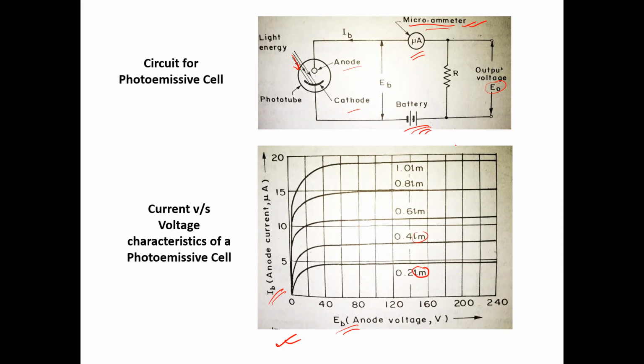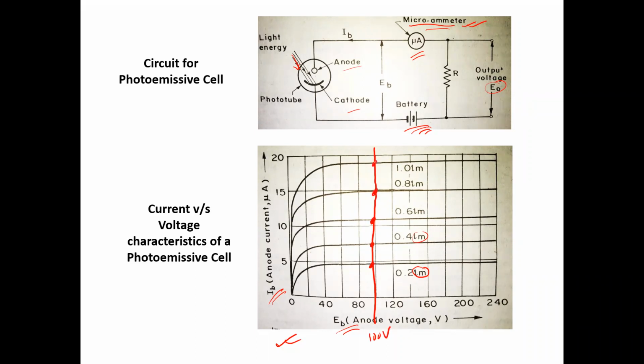So for a particular fixed amount of voltage or constant voltage, suppose I draw a vertical line, so for a fixed amount of voltage, suppose 100 volts, if we only try to observe the relation between the change in luminous flux and the change in current,